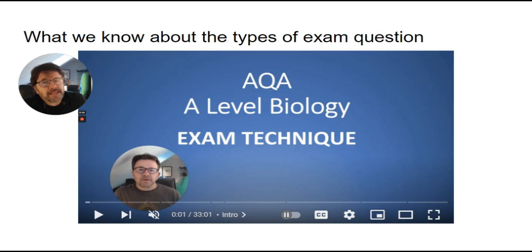I don't really want to send you down a rabbit hole, and I definitely don't want to get things wrong for you. So all I'm going to say is be prepared, use the available information you've got, take on board your teacher's advice. Your teachers are so important. They do a fantastic job for you, and I'm sure they're going to give you some great advice as well. Check out these 2 videos, though. They will really help, particularly the exam technique one.